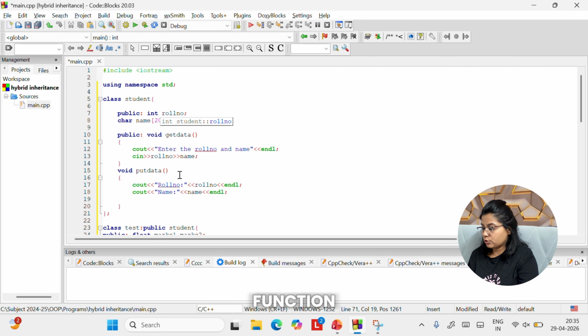So first then check for any missing curly braces. It's okay. We have covered all the open and close curly braces.